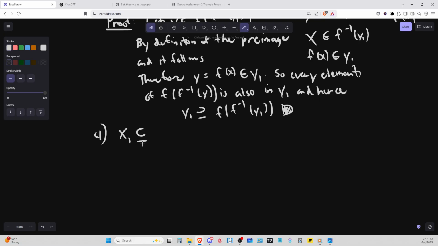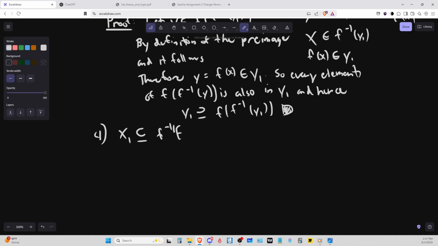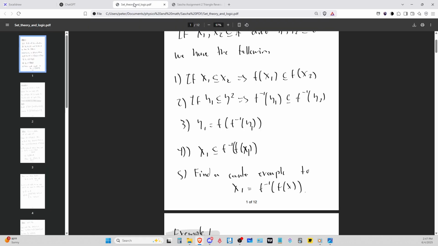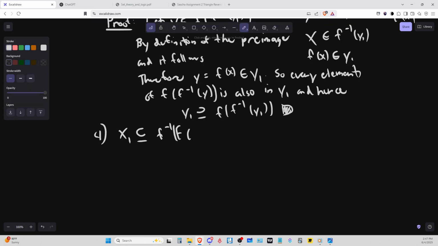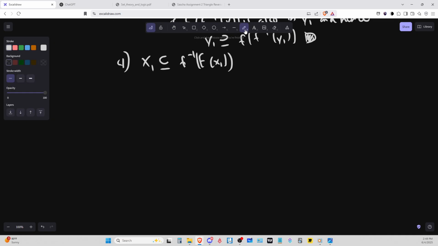So I think it's x1 is a subset. Yeah, it's a subset of f of x containing x1, so it's the reverse. Okay, proof. Since we're dealing with x, maybe we have to write let x be an element of f of x, the inverse of